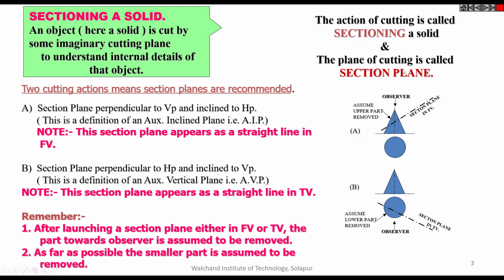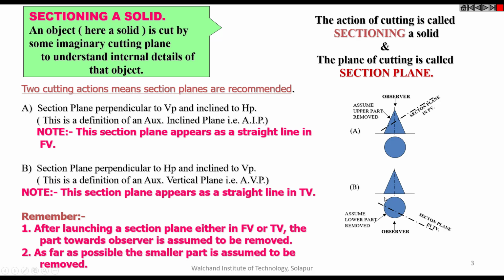So I have concluded that this is a section plane but looking like a single line. It is a rectangular plane and the angle is given to the HP. Don't bother about the angle of 90 degrees to the vertical plane. It will automatically come as 90 degrees to the vertical plane, because at the backside of this there is a vertical plane, so it is perpendicular. That is the reason you are going to get this as a single line.